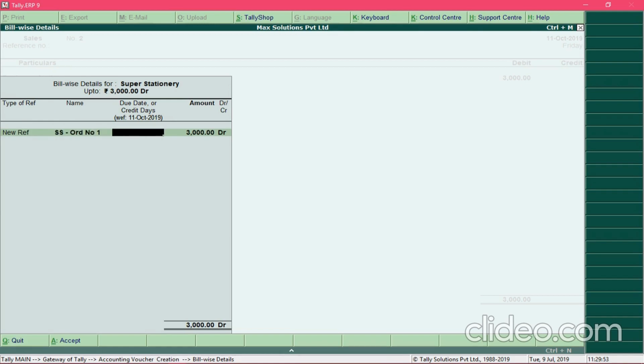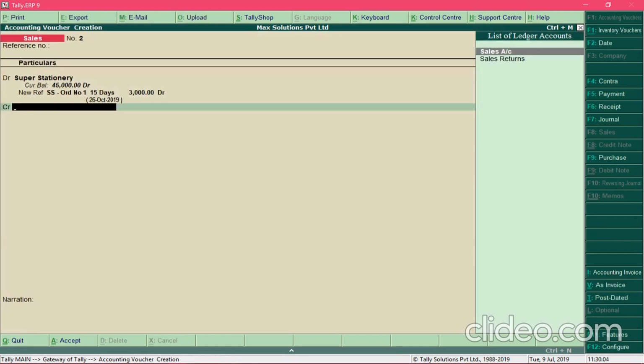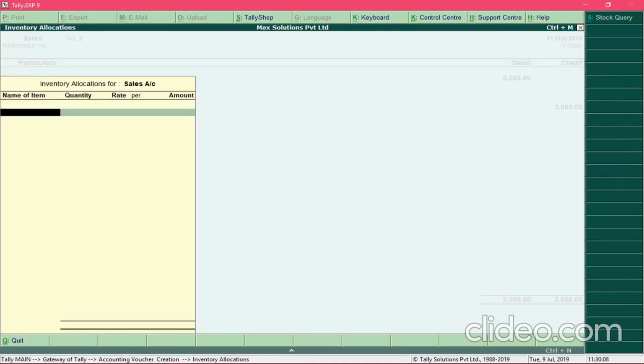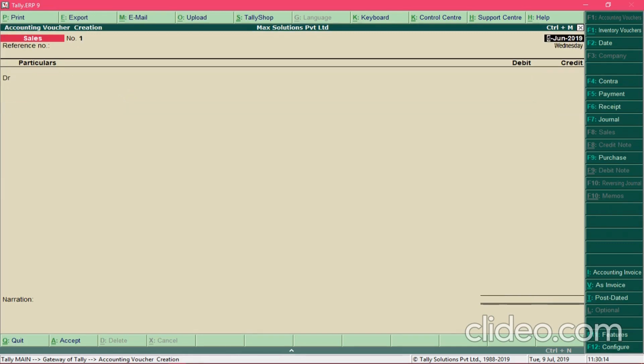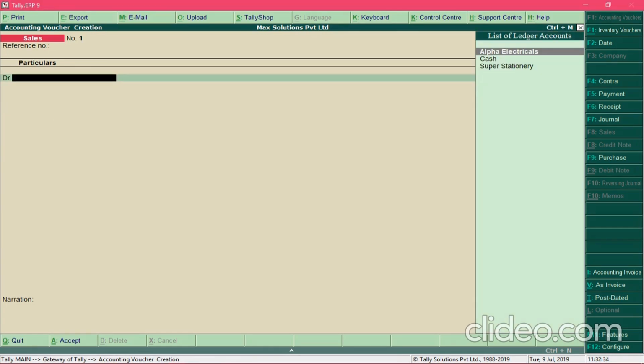And the due date which I have allowed is 15 days, and just accept the remaining details and credit the sales account and skip this step and save the transaction.